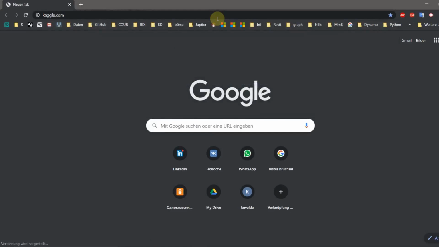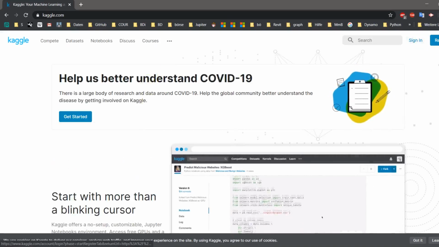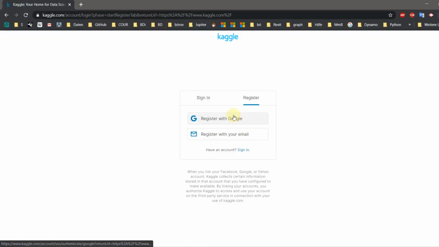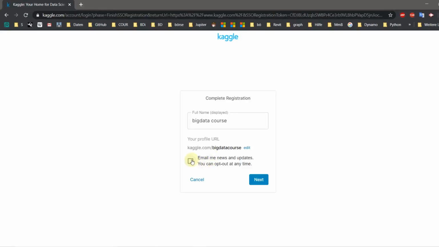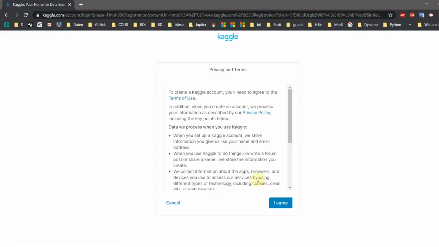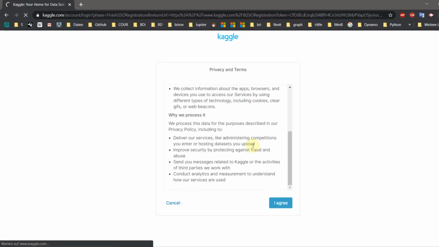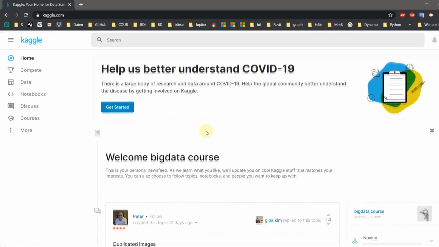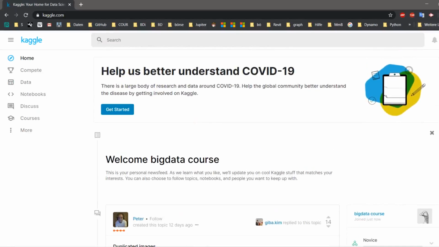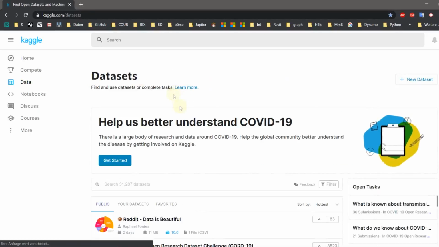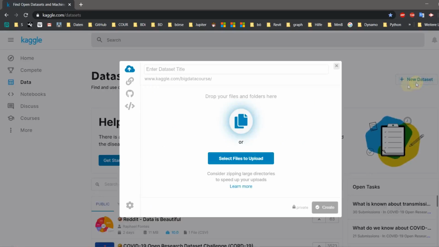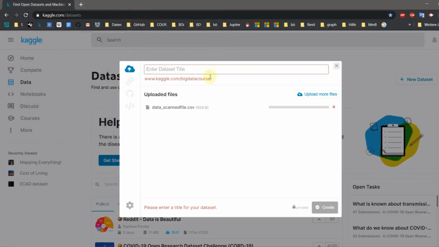To upload the data, we need to register on the platform. We sign in. It was quick. Here, on the left panel, select the Data tab. Then click on the button Add New Dataset. Select our file on the computer. Give it a name and save it on the platform.